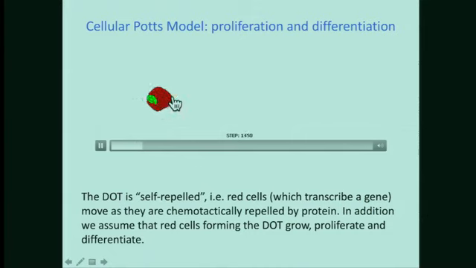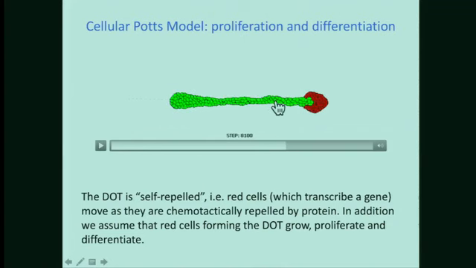So this group of cells, they move chemotactically and they produce a chemical. But if the concentration of chemical is too high, they differentiate. These green cells are differentiated cells. And these green cells, they don't move, they don't produce anything, they're just stationary. The question with this was that